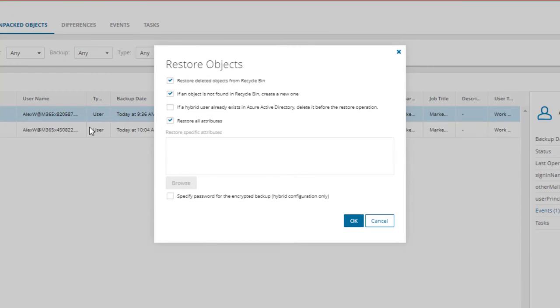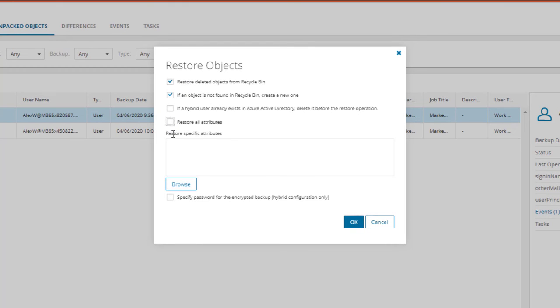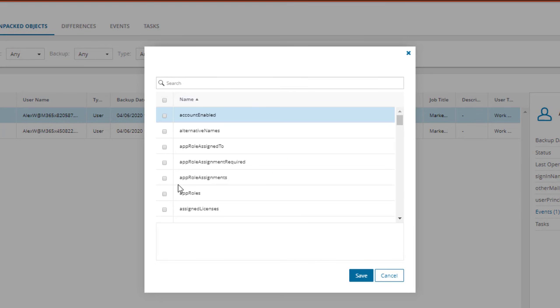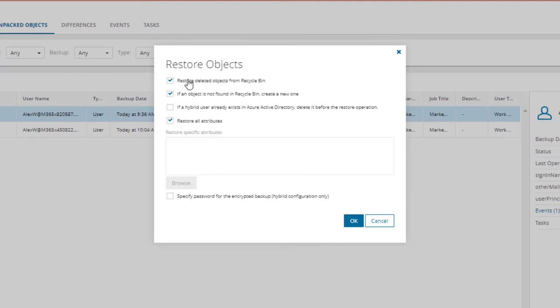Here you can restore the object from the Azure AD recycle bin. If it can't find an object, it will create a new one. If it's a hybrid object and exists in Azure, it can be deleted before the restore. You can restore all attributes, or if you want to restore specific ones, just uncheck the Restore All Attributes box and select specific ones. And if a password is required for the restore, with a hybrid configuration only, you can check that box and